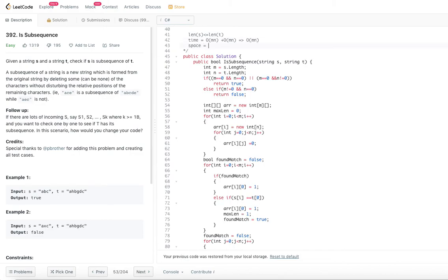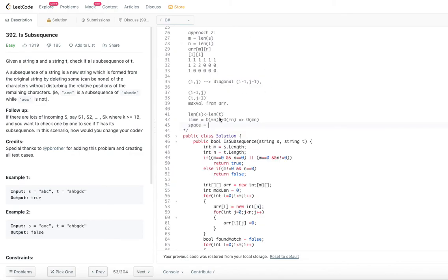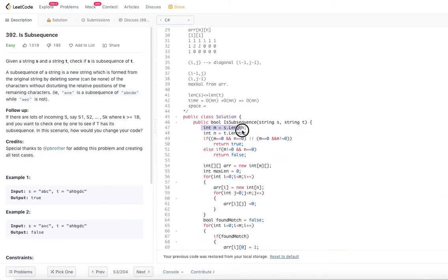So, let us look at the space complexity. How much space are we using here for this particular problem? m and n are a couple of variables that we are using, but the main space is the array, which is order of m by n. Are we using any more extra space?